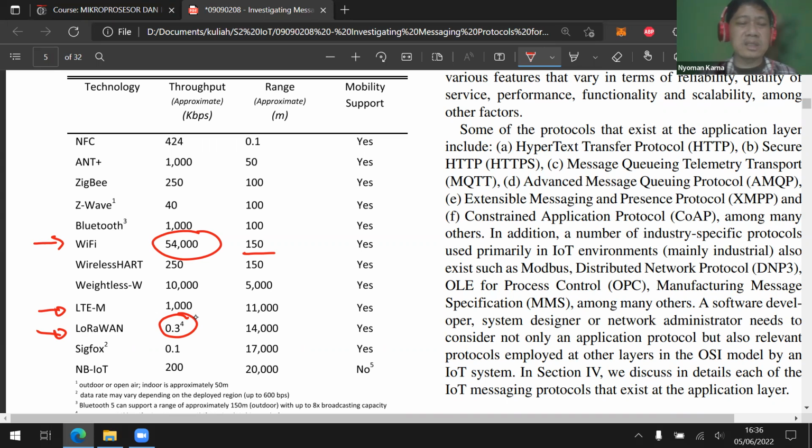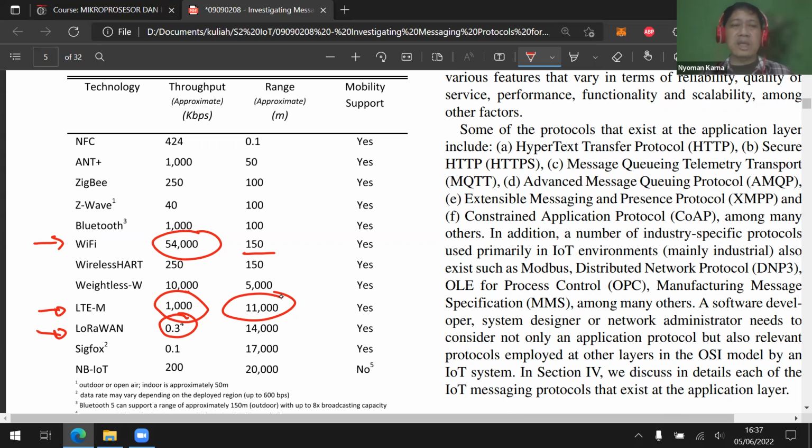Although yes, we can use the LTE. However, the LTE has a very big throughput, and the range is 11,000 meters or 11 kilometers. That depends on whether we use the LTE mobile, then we can use the LTE satellite or BTS. If we are going to use the LoRaWAN, then we need to implement the LoRa gateway. So it's similar to the Wi-Fi. In Wi-Fi, we need to implement the access point as the gateway. But in LoRaWAN, we need to implement the LoRa gateway. It's just like an antenna for the LoRa. Okay.